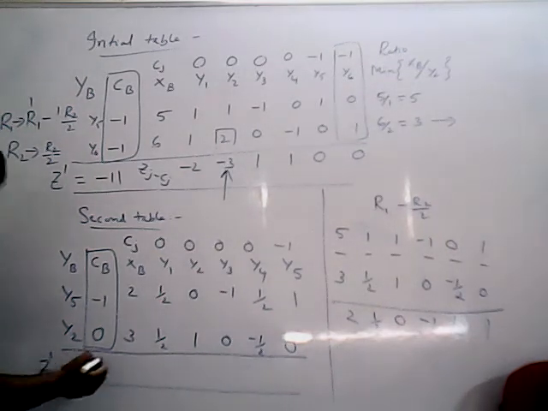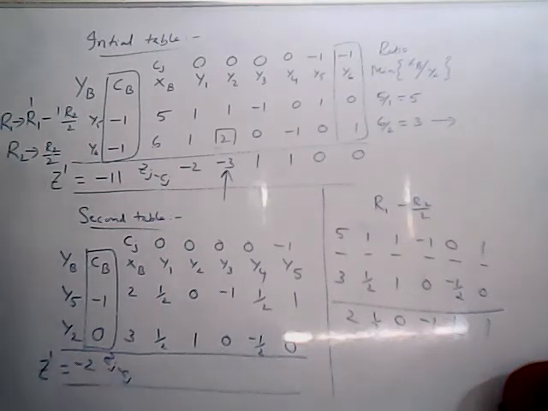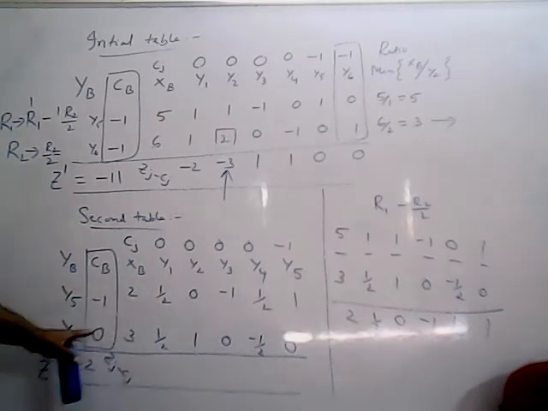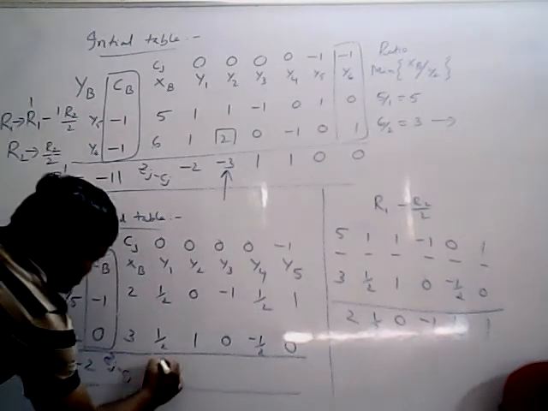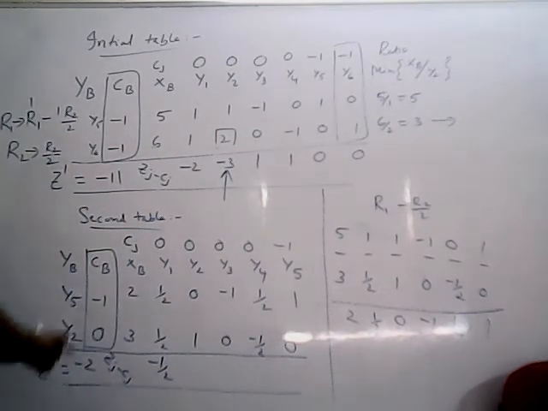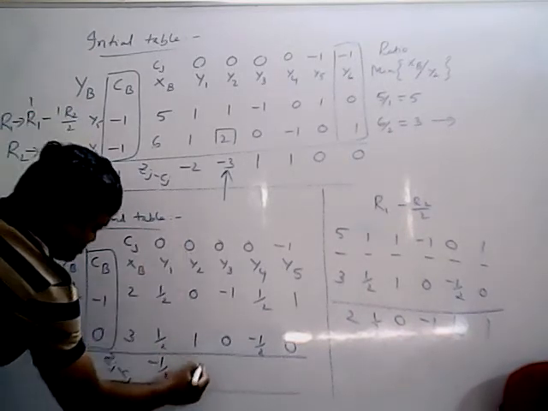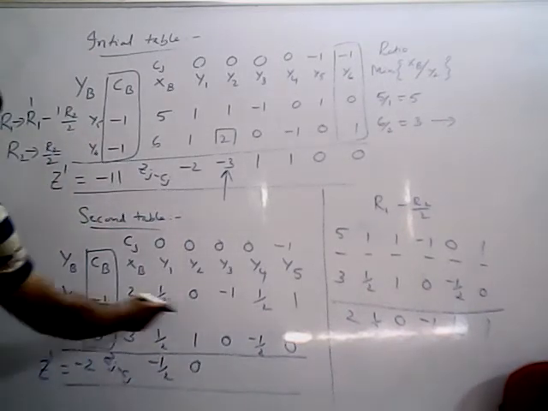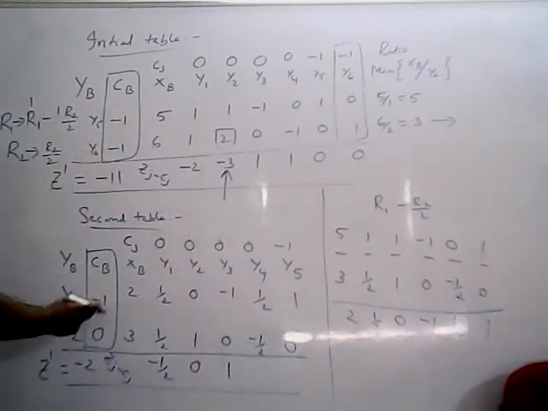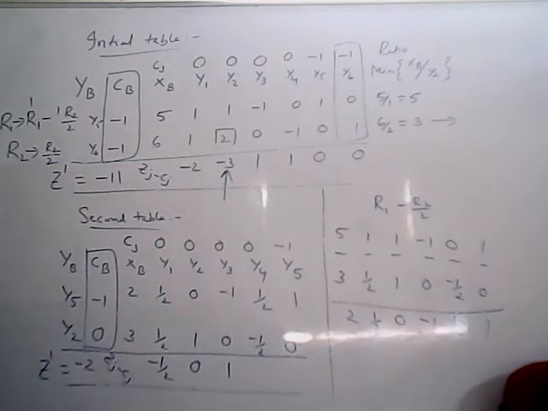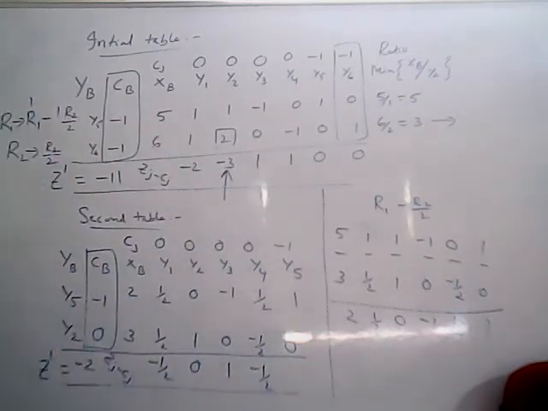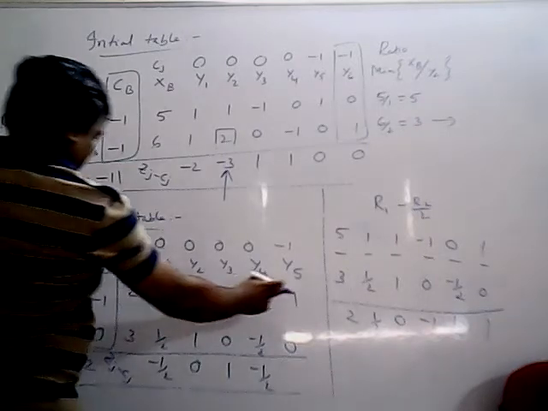Next, net valuation is denoted by zj minus cj. So cB into y1: minus 1 into 1 by 2, minus 1 by 2. This is 0. So minus 1 by 2 minus 0, that means we will get minus 1 by 2. Again, you are getting negative, that means one more table will come. Next, minus 1 into 0, 0, 0 minus 0, 0. Next, minus 1 into minus 1 plus 1, this is 0. 1 minus 0, 1. This is minus 1 into 1 by 2, minus 1 by 2. So you are getting minus 1 by 2 here. Next, minus 1 into plus 1, 1 minus 1, 0.